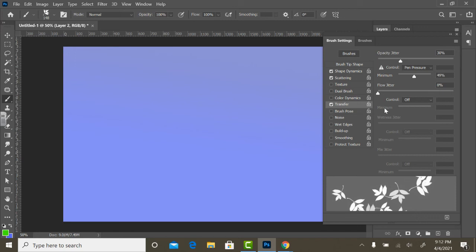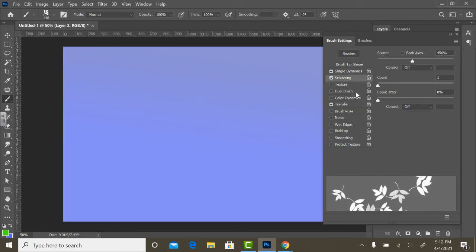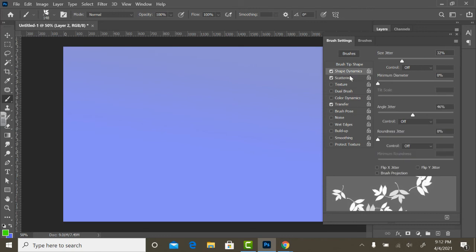I have the transfer set up to about 30% changes in difference. For scattering, I have it scattering a lot, and it's even rotating. For shape dynamics, it's doing that. Very, very good. So it's rotating and changing size and changing opacity. So if I want to paint leaves, they go all over the place. So if I'm making a tree,